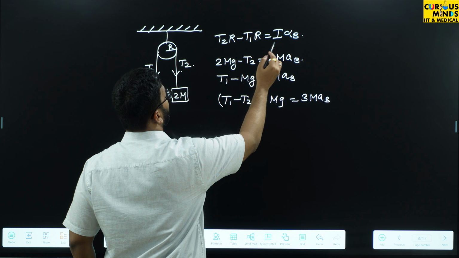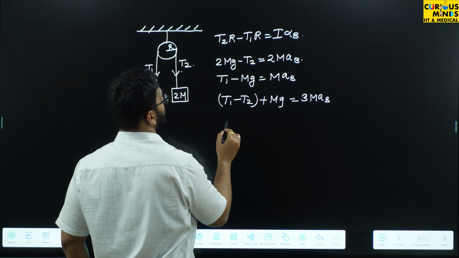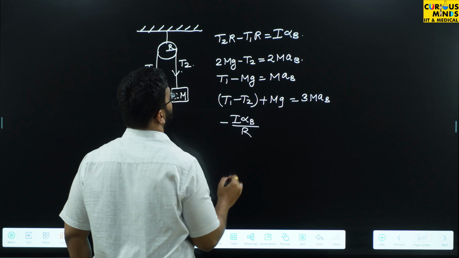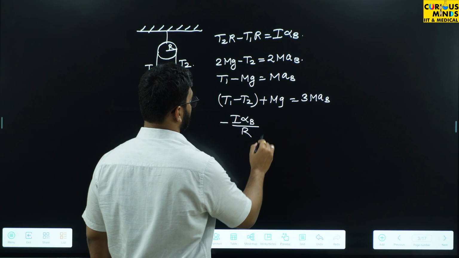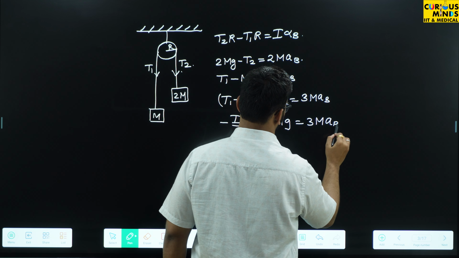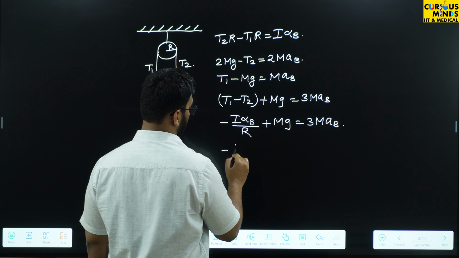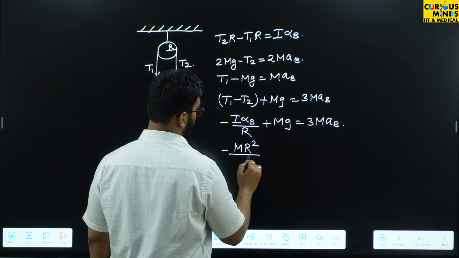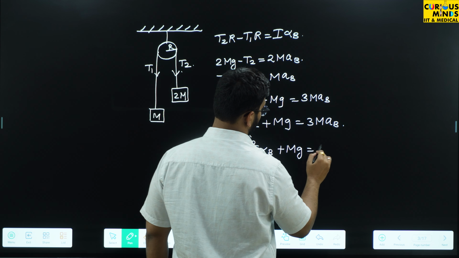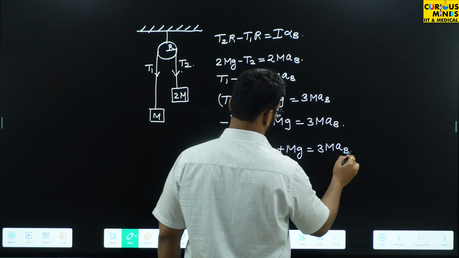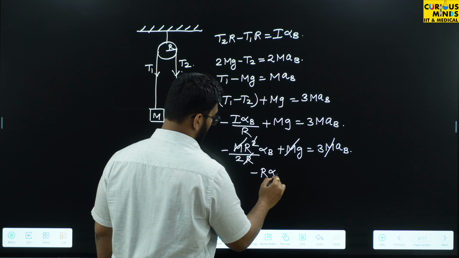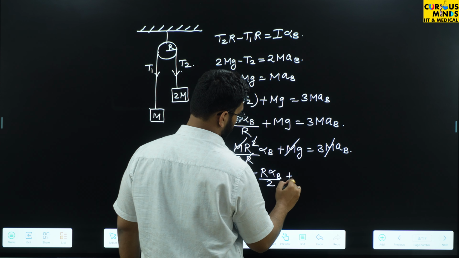That will be I alpha B upon R. So minus I alpha B upon R plus mg is equal to 3m aB. I is equal to mR square by 2. So this is minus mR square by 2R into alpha B plus mg is equal to 3m aB. m gets cancelled, and R and R get cancelled. So this is minus R alpha B upon 2 plus g,